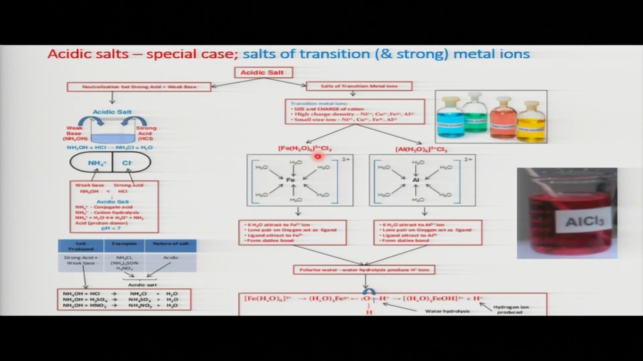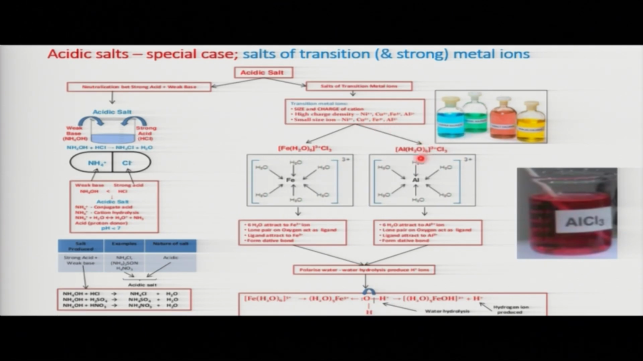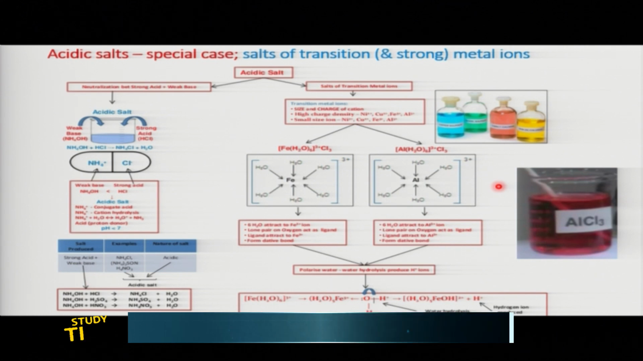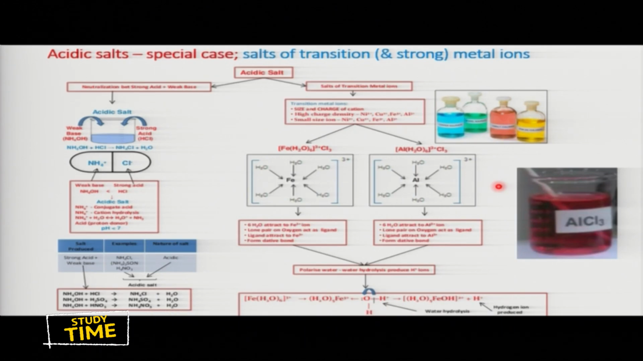Look at the example: iron 3 chloride, aluminum 3 chloride, the nickel 2 ions, the chromium 3 ions. All those are transition metal ions. They have a unique character. Because they are small and highly charged, when they are in water they tend to attract water molecules to themselves, due to their high charge density. The end reason is